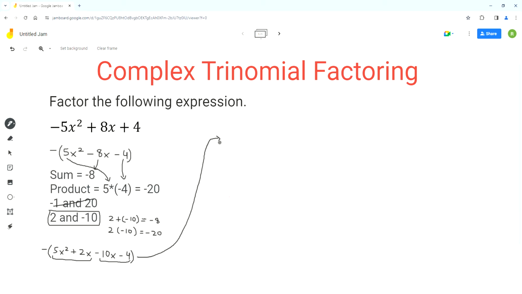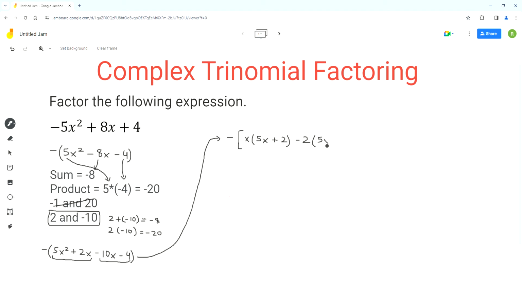So we can continue on this side. So we keep the negative sign. Now I'll replace the parentheses with brackets because we'll use parentheses for the common factoring. So from the first pair, we can factor out an x. And we are left with 5x plus 2 in the parentheses. And now from the second, we can factor out a negative 2. So in the second pair, the first term is negative, so that's why it's important to factor out the negative sign as well with the number. And in the parentheses, we are left with